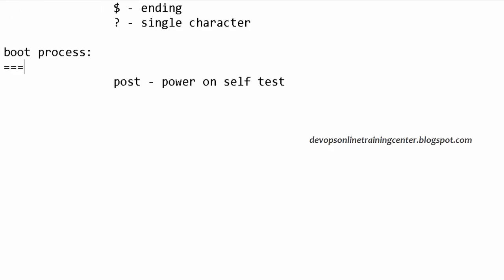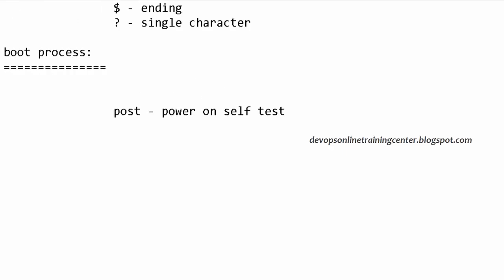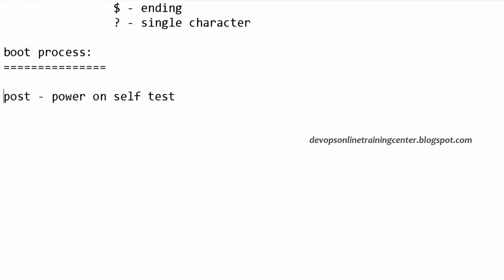So what happens when you boot a machine, specifically a Linux machine? There is something called POST, which is power on self-test. That is the phase which happens first. This is basically to check whether all the peripheral devices, your monitor, your mouse, your keyboard, are working fine or not. Sometimes when you power on a machine, you see something like keyboard is not connected, mouse is not connected. So it sends a signal to all the devices connected to the machine, and it gets the acknowledgement. If they are working fine, then it goes on, and if there is some error, it will give an error.